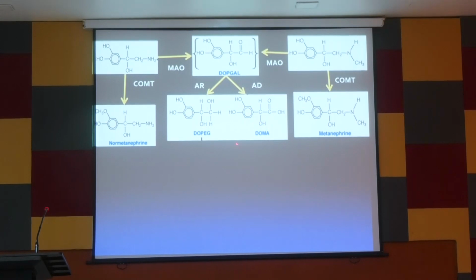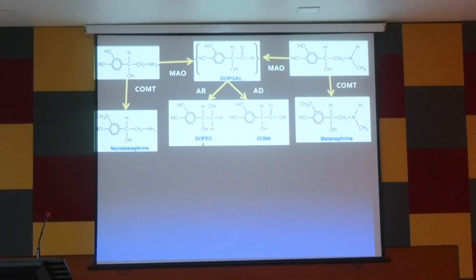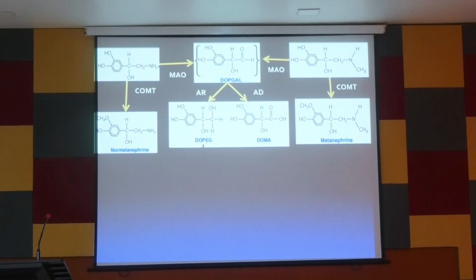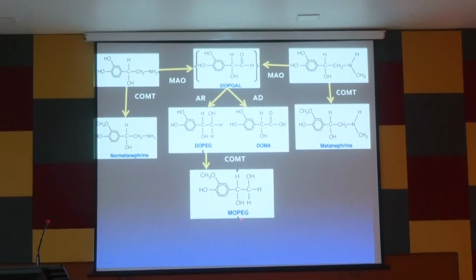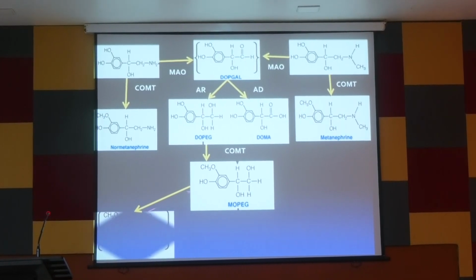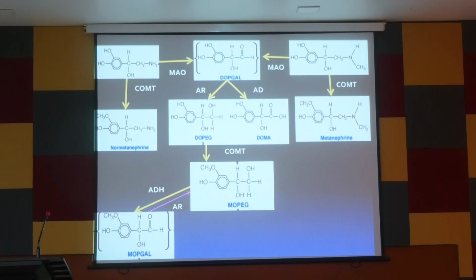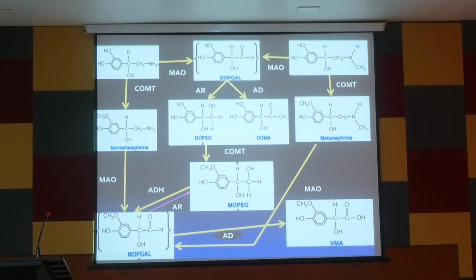And there is formation of DOMA, again 3,4-dihydroxy mandelic acid. From here, with the help of COMT, there is formation of normetanephrine, and here is the metanephrine. What is the next step? You can see here with the help of COMT there is formation of MOPEG, 3-methoxy-4-hydroxy phenyl ethylene glycol. From here there is formation of MOPGAL, the methoxy hydroxy phenyl glycoaldehyde, and the ultimate product is the vanillyl